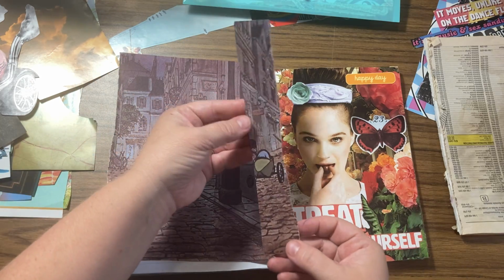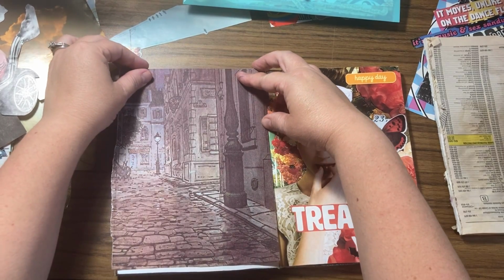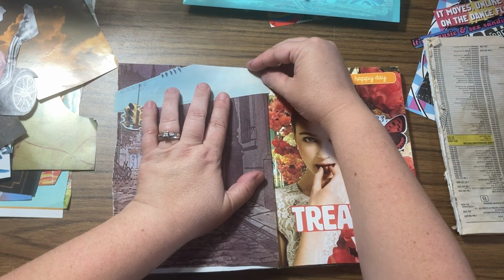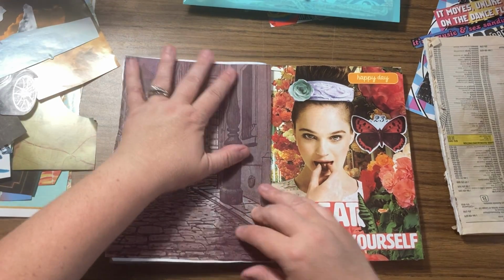This will probably keep. That's an interesting little strip. That'll just go into either my strips or my scrap bin. Now, do I want... No, okay. I'm going to line it up down here and leave the white space up there because it will be covered by this and by that. Okay. So,